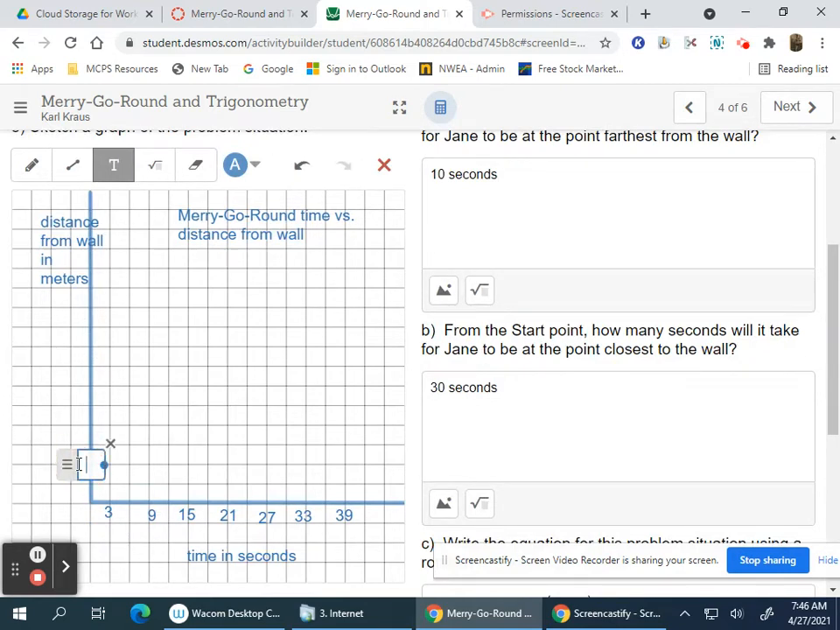So we'll go with scale 5 here: 10, 20, 30, 40, 50, and then